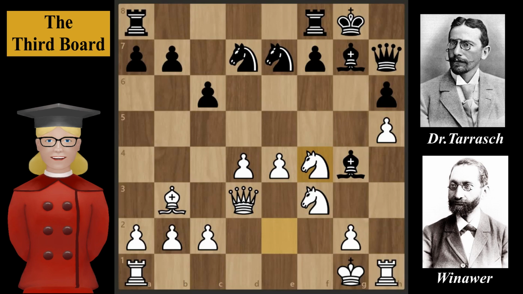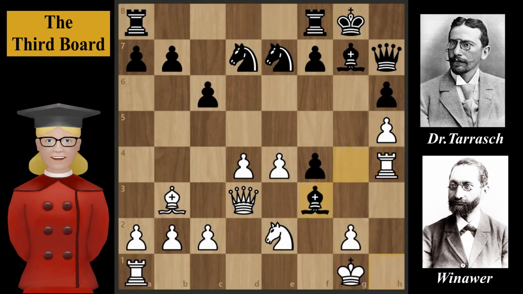According to the engine, instead of this move, it was better for white to continue by playing rook to h4. This move not only attacks the bishop, but also transfers the rook to the f-file. One possible continuation suggested by the engine is bishop takes on f3, queen takes on f3, bishop to f6, rook takes on f4,